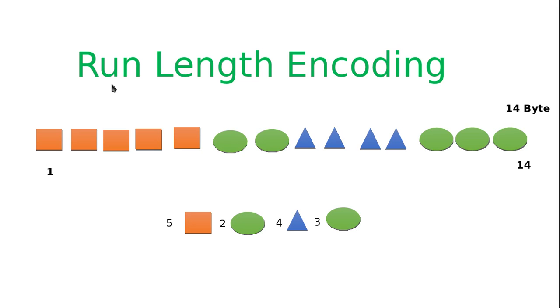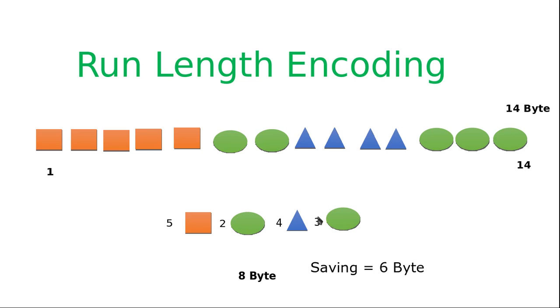But let's try to understand this run length encoding. Here the run is the square, and the length is 5. Again the run is oval, and the length is 2. So for storage of this much stuff, you just require 8 pieces of information. Out of 14 symbols, you just stored 8, and you have saved 6 places of information. That is how run length encoding works.